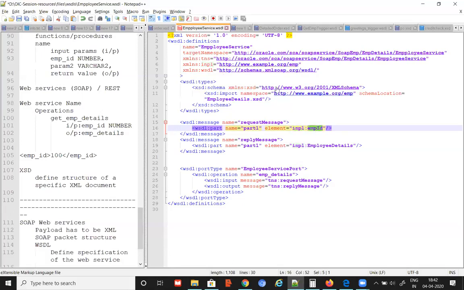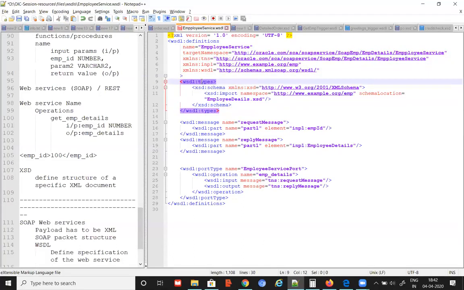Let us go and try to get that here. Now here INP1 is the target namespace. If you select this one, now it's not selecting automatically, but you can see example org emp.